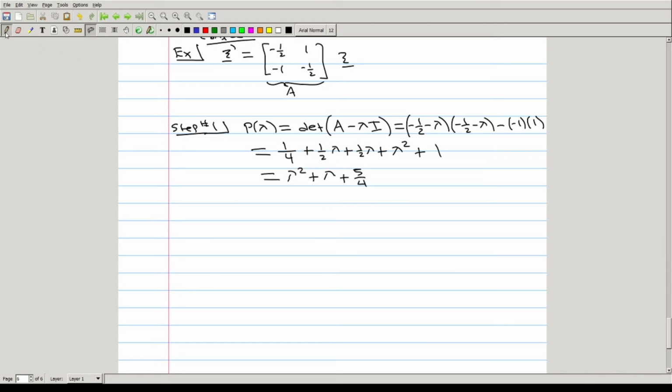The eigenvalues are the roots of this polynomial. So when P of lambda equals 0,